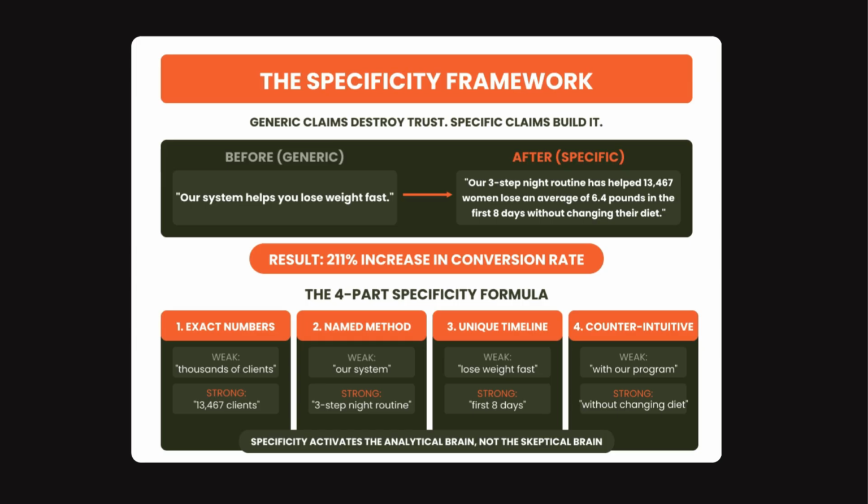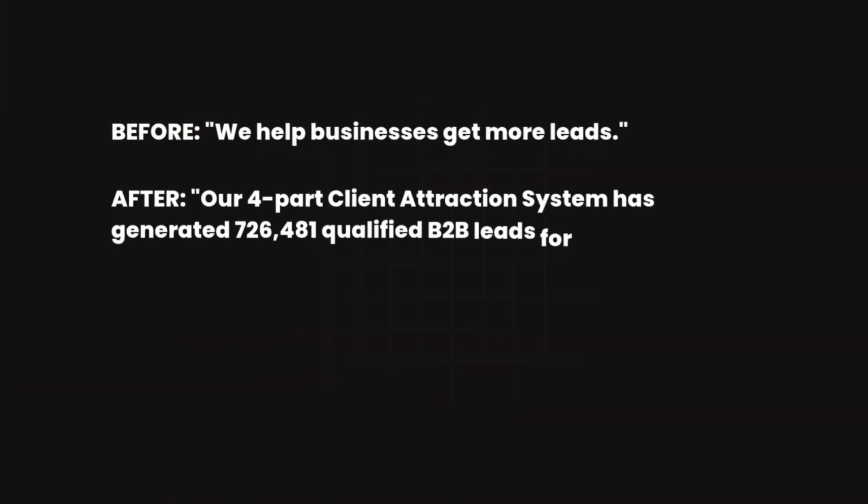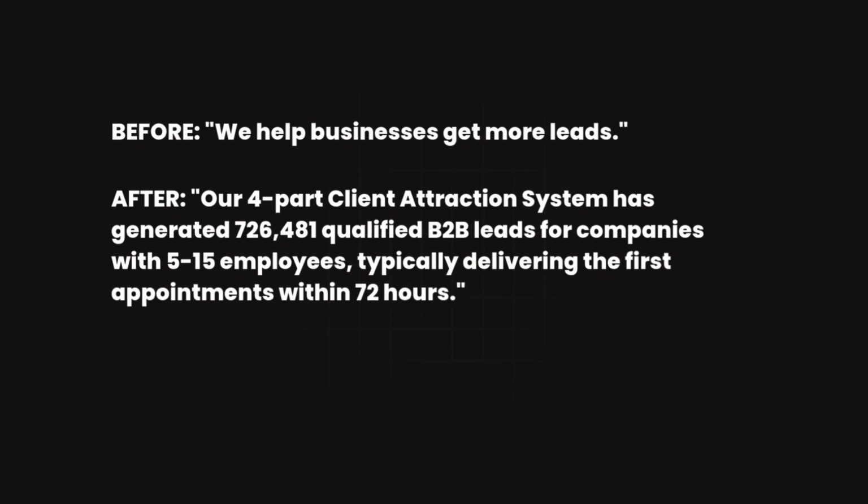211% increase in conversion rate. Here's another example. Before, we help businesses get more leads. After making the changes, our 4-part client attraction system has generated